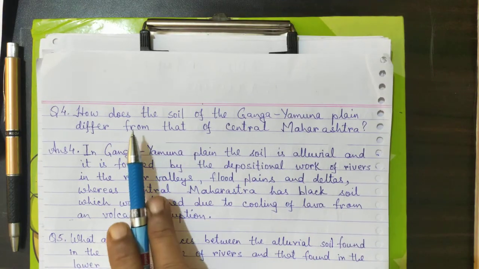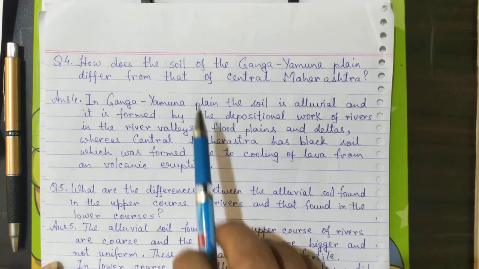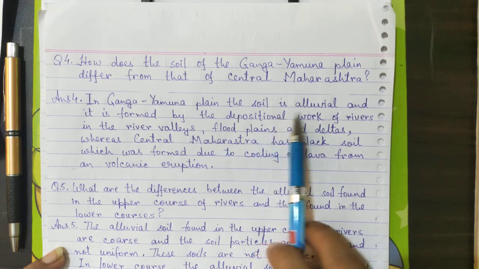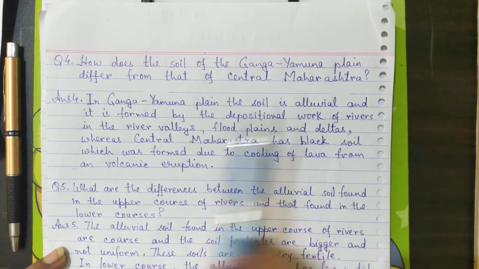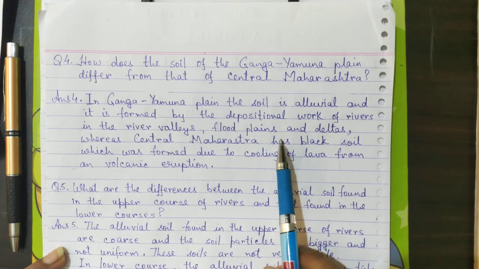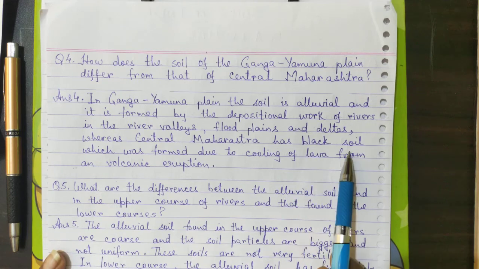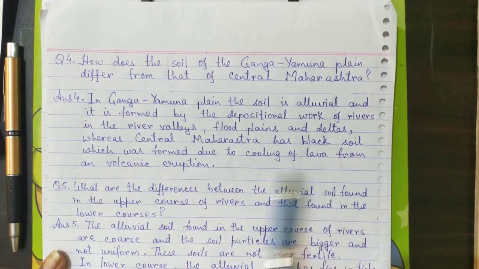The other question is, how does the soil of the Ganga-Yamuna plain differ from that of central Maharashtra? In the Ganga-Yamuna plain, the soil is alluvial and it is formed by the depositional work of rivers in the river valleys, floodplains and deltas, whereas central Maharashtra has black soil, which is formed due to cooling of lava from a